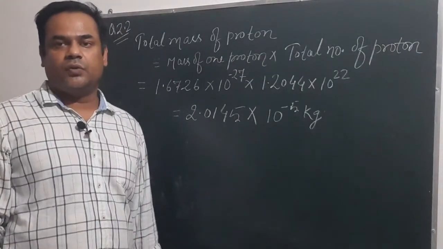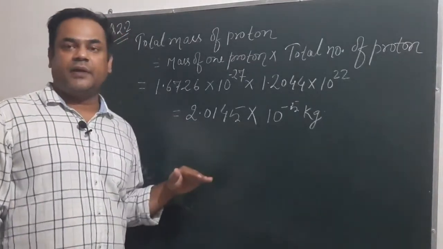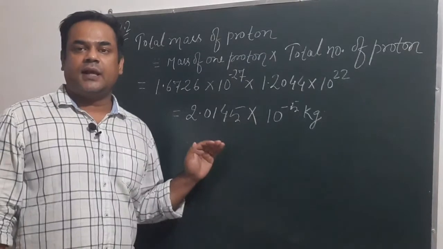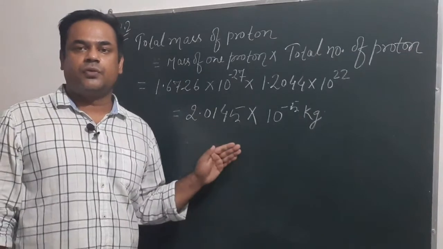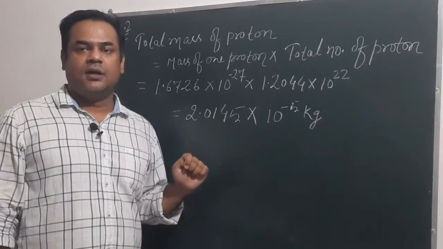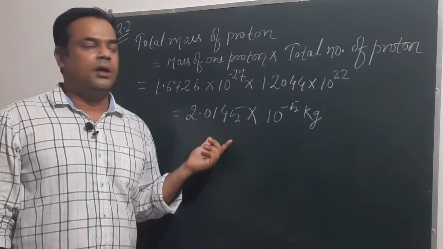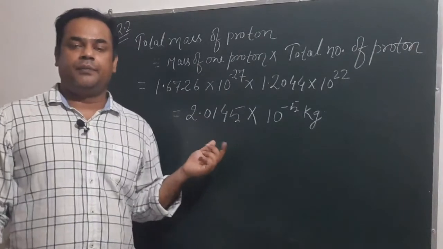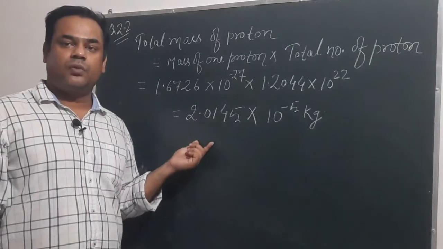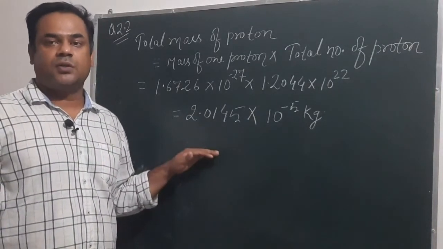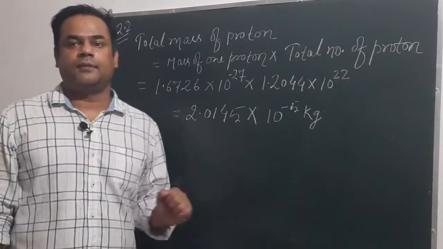Now there is one sub-question in this question, whether this mass will be affected by temperature and pressure. Then the answer will be: temperature and pressure never affect the number of protons and number of neutrons present in the nucleus. Hence there will be no effect of temperature and pressure on mass of 34 milligram ammonia. If there is no effect on mass, there will be no effect on the mass of protons also. There will be no effect on the mass of neutrons. Mass of any substance is independent of temperature and pressure.